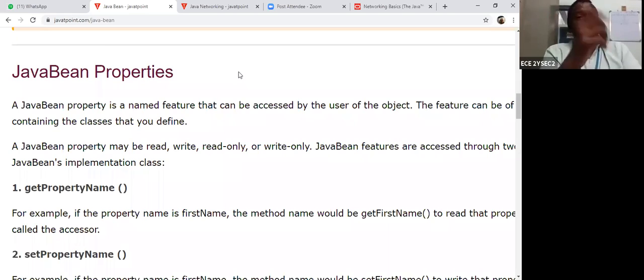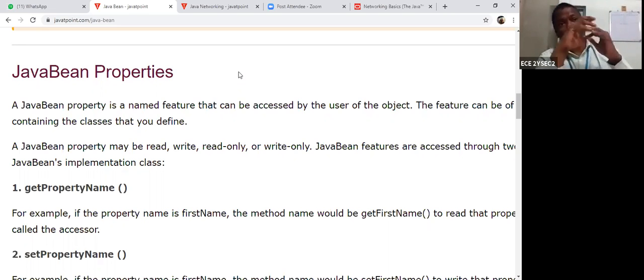Suppose 5 systems are there, and all 5 systems are interconnected with each other independently. That is called a point-to-point connection. What is a point-to-point connection? Only 2 systems are there, connected with a single wire or medium.